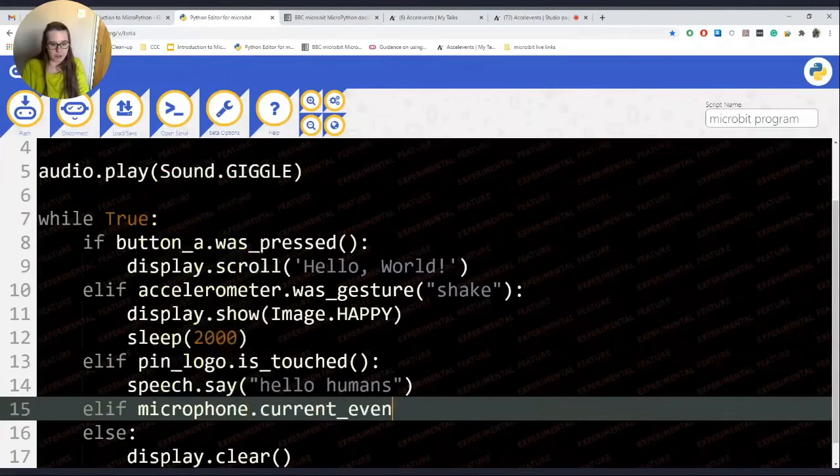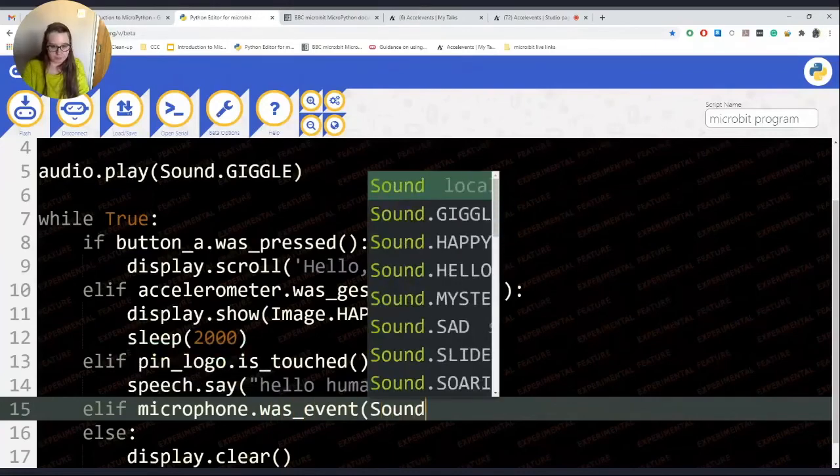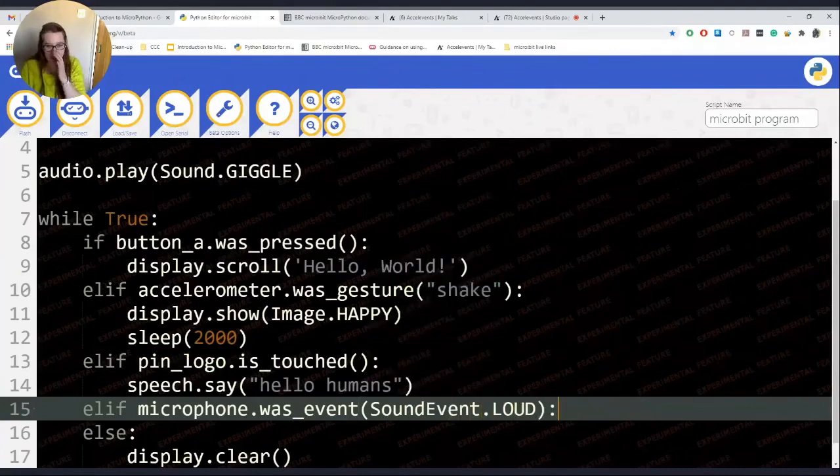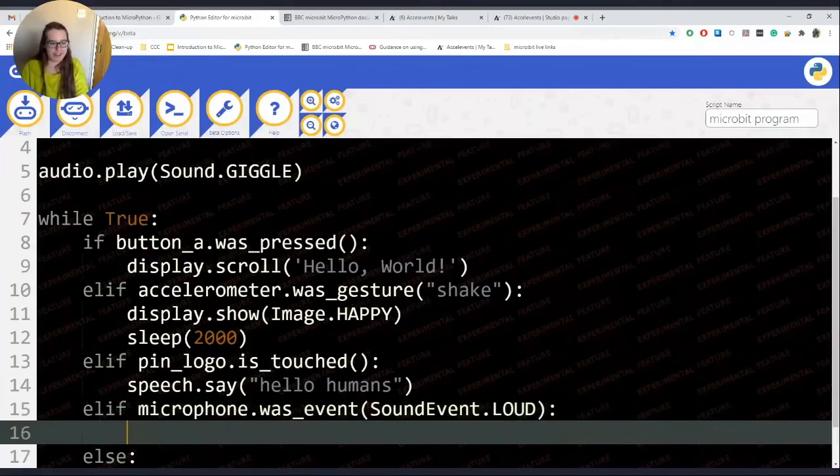So microphone dot, I'm going to say was event. So I'm going to make it listen for me making a loud sound. Sound event dot loud. So all of the information on all of these different bits is in the documentation and probably on the microbit projects somewhere as well.